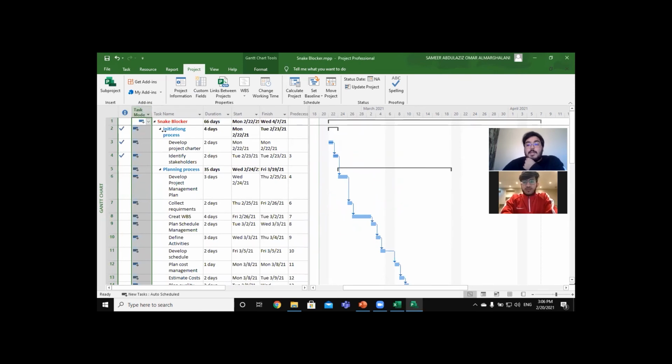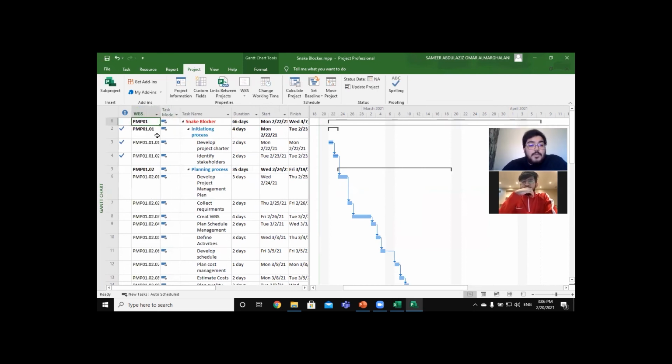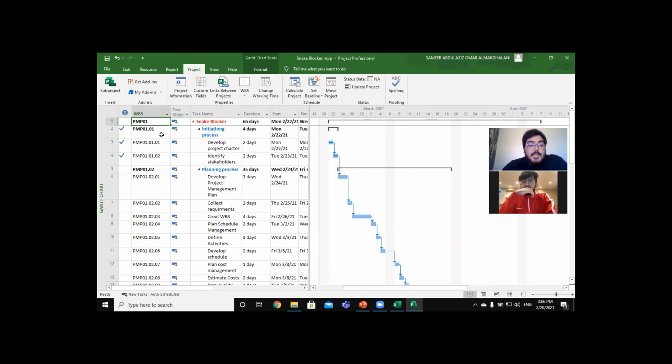If you want the WBS column, you will enter here, insert column, then you write WBS, and you will choose the first one. Here, as you see, the code for your project, or exactly the code for your task. For example, here there's the snake blocker, the name of the project. You will see the PMP, the prefix that you write, and the number of